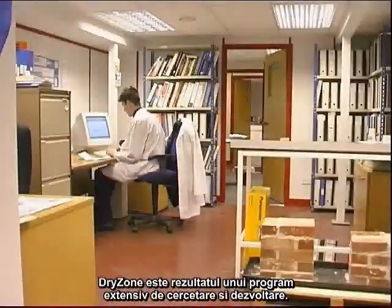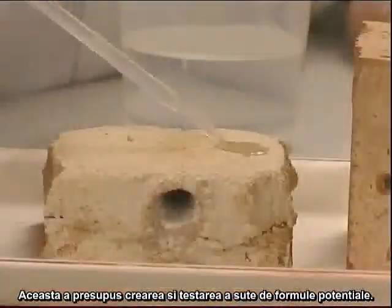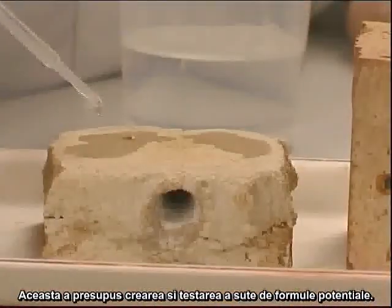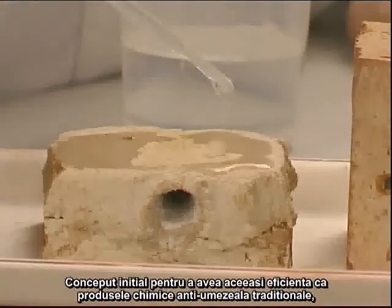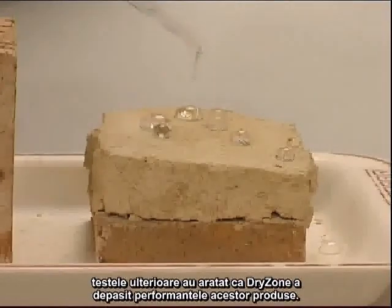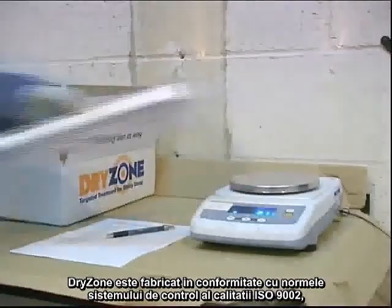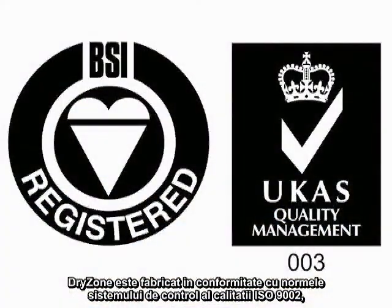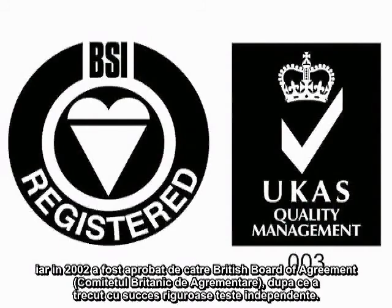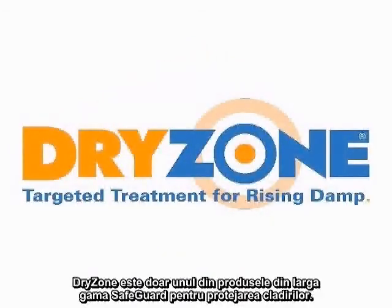Dryzone is the result of an extensive in-house research and development program. This involved the screening and testing of hundreds of potential formulations. Originally designed to match the effectiveness of the traditional chemical damp proofing products, subsequent tests proved that Dryzone outperformed these products. Dryzone is manufactured under an ISO 9002 compliant quality control system and, in 2002, gained the coveted British Board of Agreement approval after passing rigorous independent tests. Dryzone is just one of Safeguard's wide range of materials for protecting buildings,